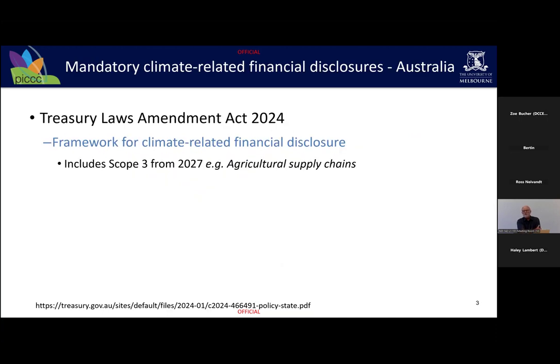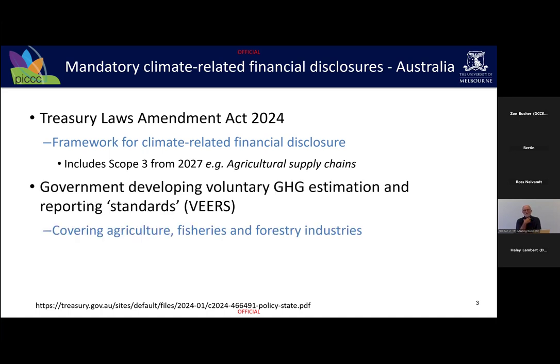Now, when it comes to Australia, it's clear that the Treasury Laws Amendment Act was passed late last year. It's a framework for climate-related financial disclosures. And this includes scope 3 reporting from 2027. So we know that agriculture will be caught up in the value chain reporting, which is why we then worked